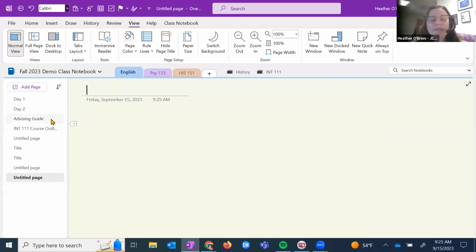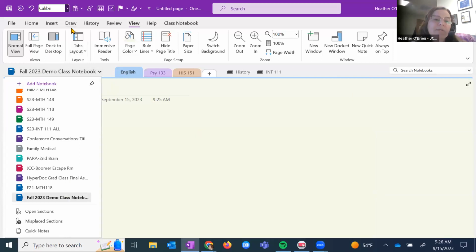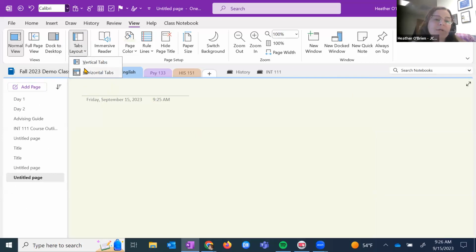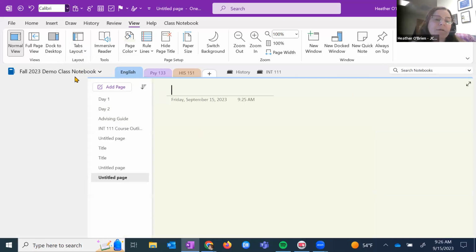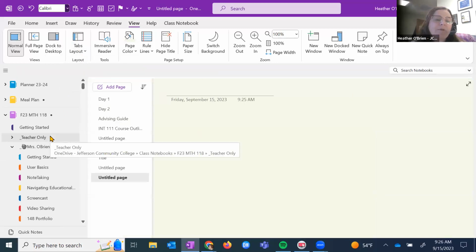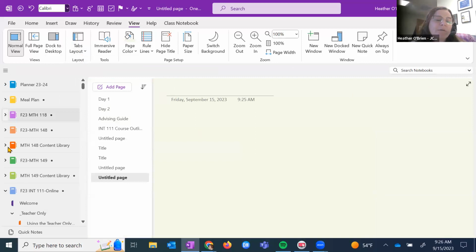Now, for your homework assignment, you have to create your own OneNote notebook. So the first thing we're going to do is create a notebook. So depending what device you're on, let me switch back to the view most of you guys are on. If you want to create a new notebook,